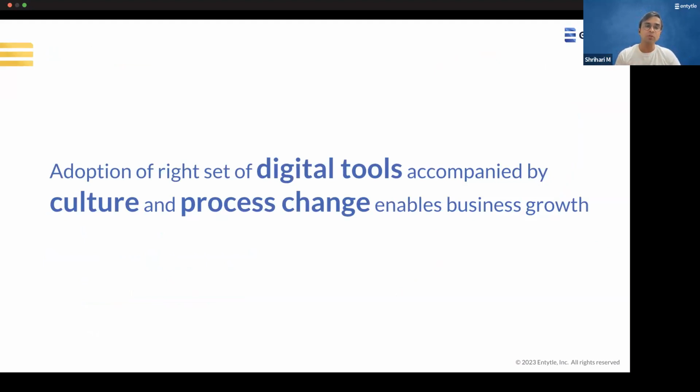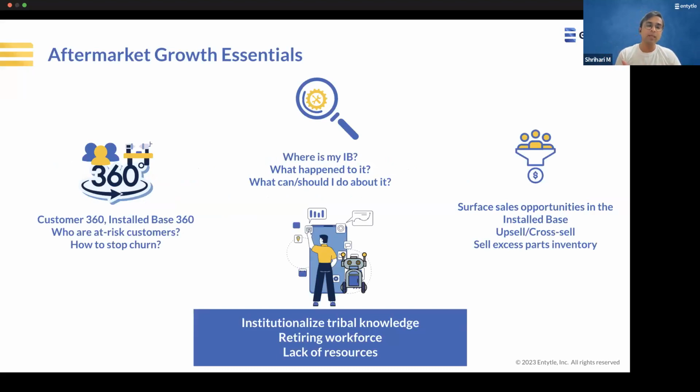But it's not just about tools, it's also about the culture and the process change that we bring. It is only when you incorporate all of them together, the people, process, and tools aspects, that you can drive your business growth. Since we're talking about business growth, and since we're talking about aftermarket, let us take a